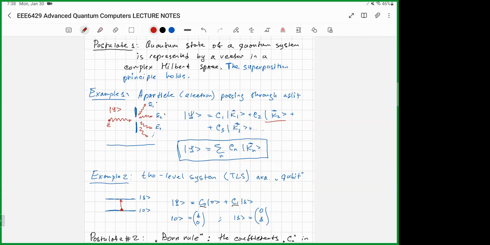This quantum state is represented by a psi vector, which is a vector in a Hilbert space. This is a mathematical abstraction that we use to describe reality. The psi vector, of course, doesn't exist in reality. This is just a way how we